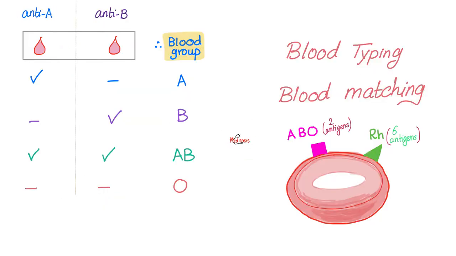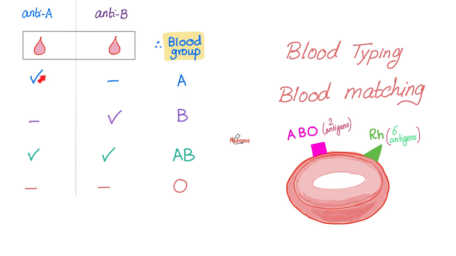We'll take 2 drops from you and we'll put them on a slide. On the left, we'll add anti-A. This is made in the lab. This is your own blood. We added the anti-A to your blood. Here we add the anti-B to your blood. Okay, if you're blood group A, it means what? I have the A antigen and I have anti-B antibody.